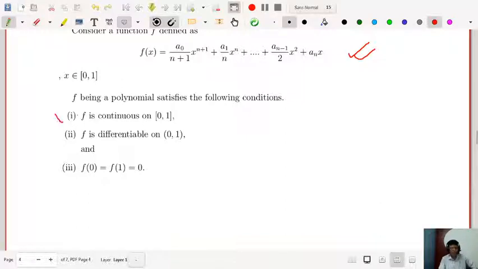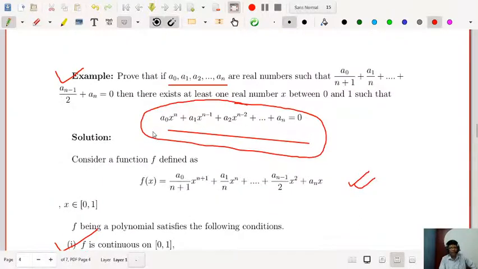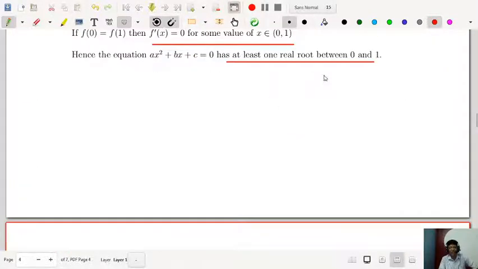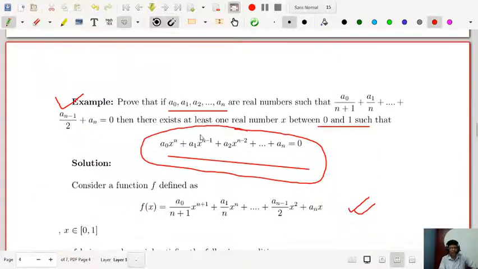condition: f is continuous, f is differentiable in the open interval (0, 1), and f(0) equals f(1) equals 0. Similarly, you can check that this function has at least one root between 0 and 1, right? Just like the previous one, you can do the rest of the part. So this is very easy to verify. This is a generalization of the previous problem. Okay,